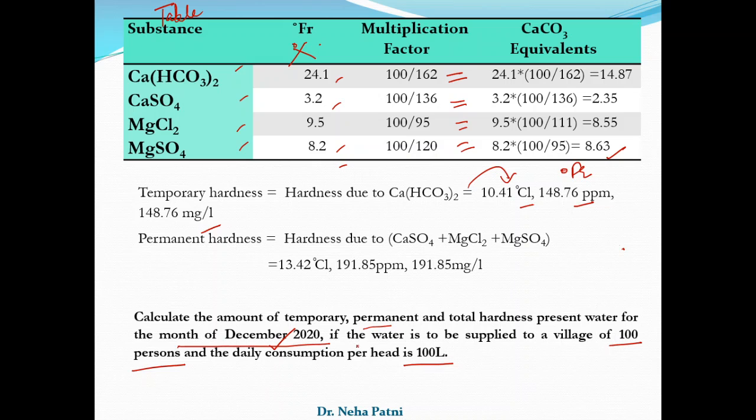So what are you going to do? Are you going to calculate that one person consumes 100 liter, so 100 persons consume this much liter per day, and now this is per day consumption, and for December I have to multiply it with the number of days to get the total volume of water. Even if you get the total volume of water, make sure that it is volume of water. And as I said, you don't have to consider it, because hardness is not proportional to the volume of water. So I think you got my point, that whatever extra is mentioned in the question, you just have to look at it and see whether it is affecting the hardness or not.